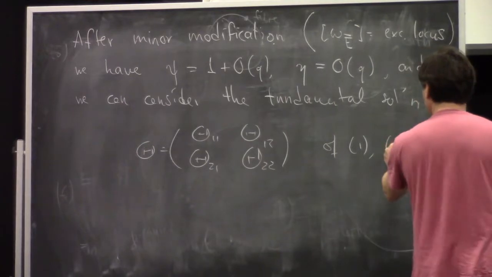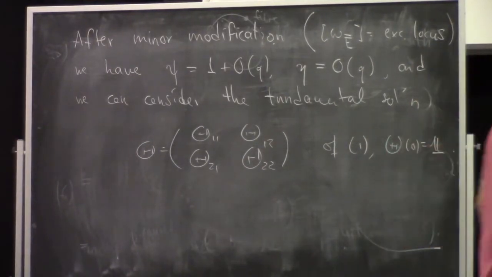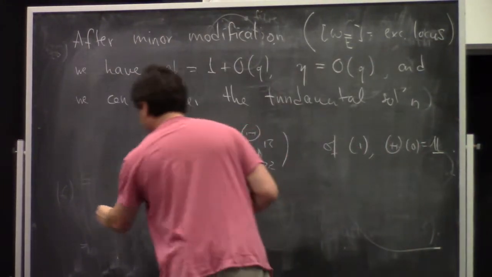Which means that theta of 0 is the identity, and it's the unique solution of this equation here. And then the theorem says,